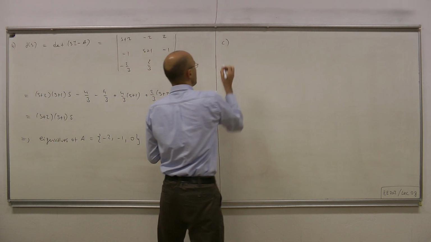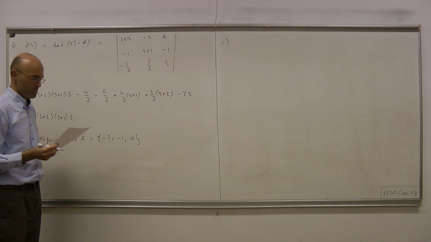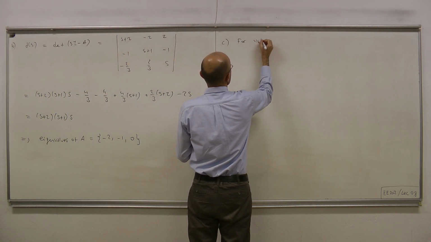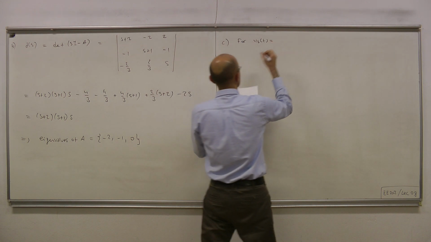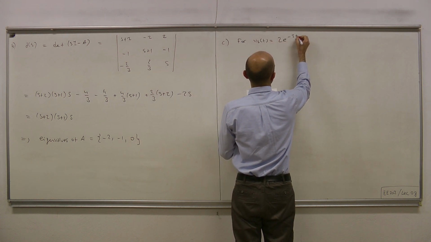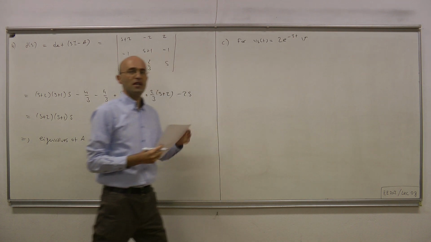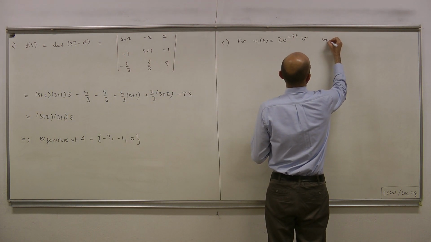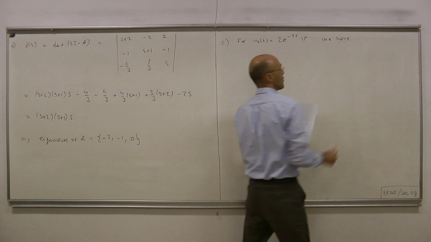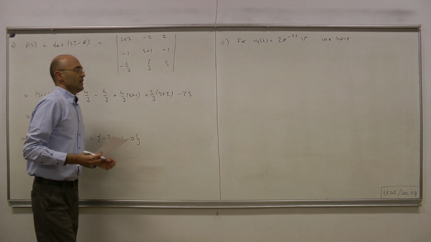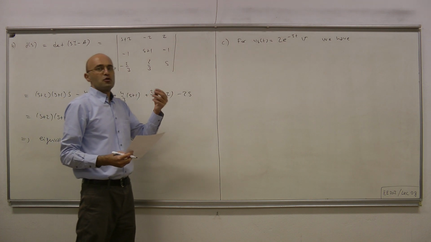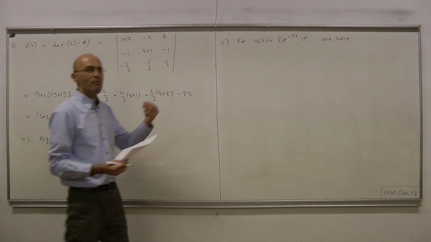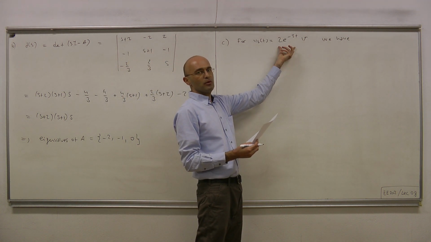Now, we're told that the input is the following exponential: Vs(t) equals 2 times e to the minus 3t, a decaying exponential. The particular solution for any circuit variable will have the same form as the form of the input,